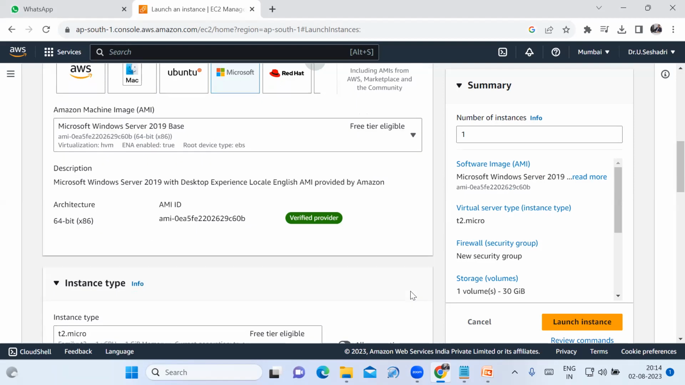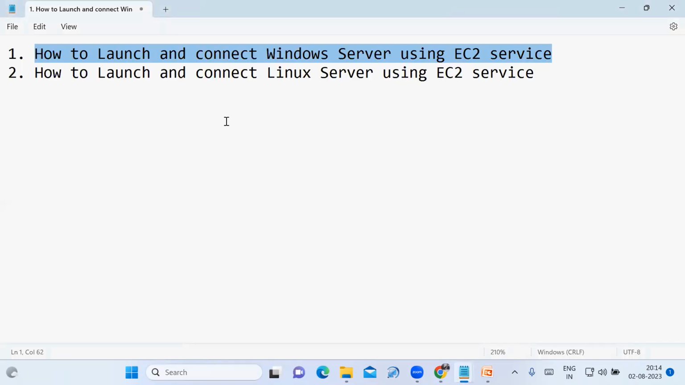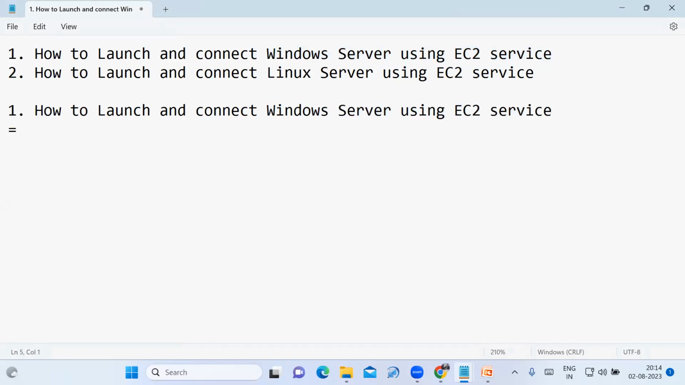Scroll down. 64-bit. The next step, we have to choose the instance type. When you are launching any server, three things are required. The three things are: